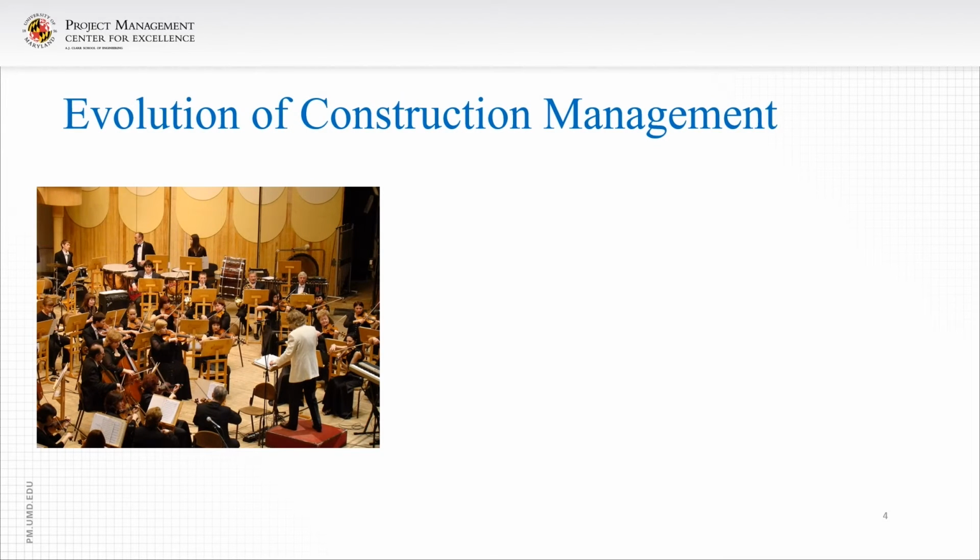So now let's focus on the evolution of construction management. What you see there is a picture of an orchestra. It doesn't show all the musicians, but there probably are 100 musicians there, many playing different instruments, and they need to be on the same page on the same sheet of music. And if they're not in tune and not playing on the same sheet of music, they're going to be out of tune and you're going to hear it, and it's not going to come out very well. Just like a job site, if some are not participating and not cooperating and not making things happen, the job is out of rhythm and is a problem.